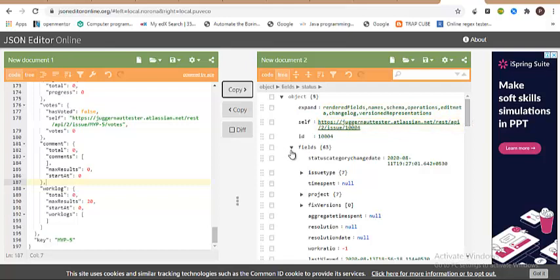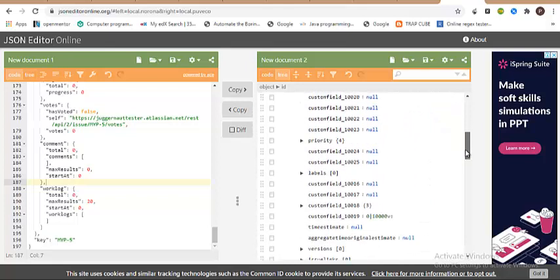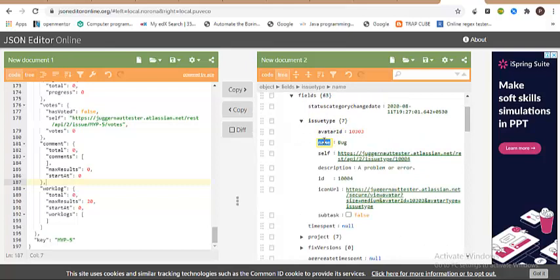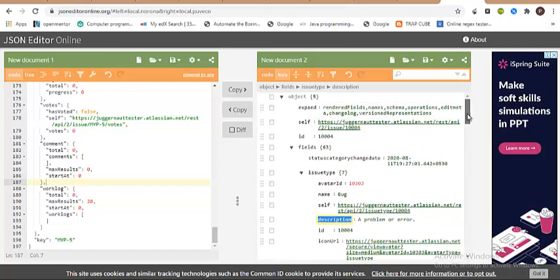So guys, if you have seen this, object is the most parent tag, and inside that you have expand, and ID is 10004. And as you come down, you have many nested JSONs within the parent JSON. So you have issue type, and the name, whether it is a bug or a user story, and you have some description, and you have ID. So if you wanted to validate what is the ID of this record, or what is the description of this record, just understand how you should be traversing.